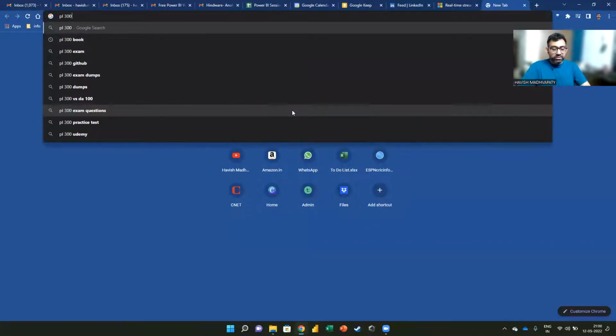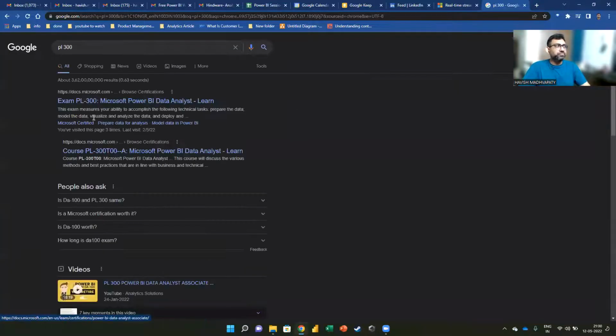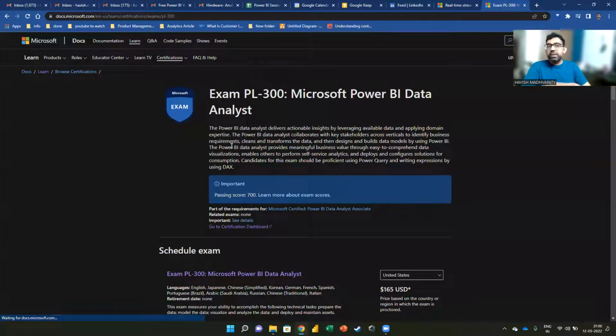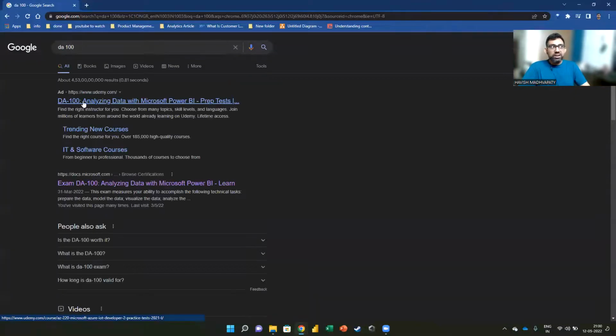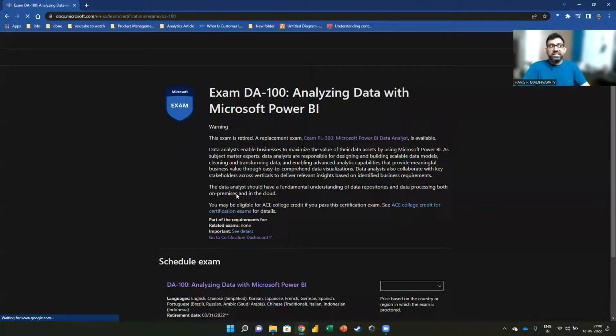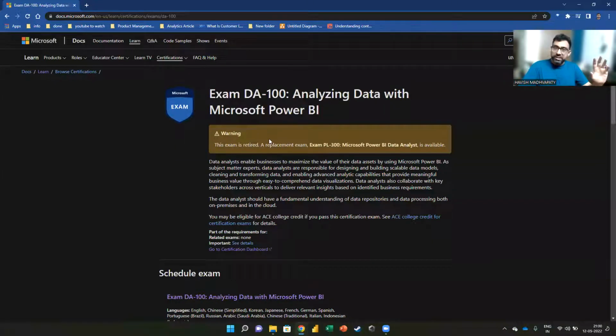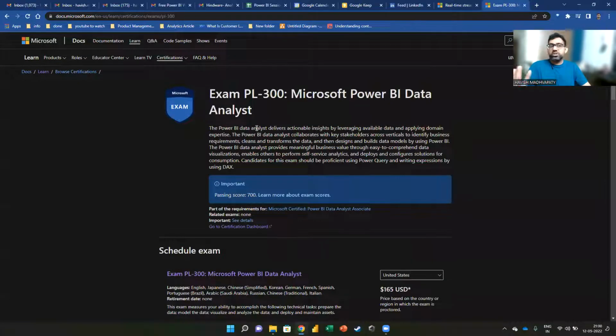So let me just show you the examination as well. It used to be called DA 100, Analyzing Data with Microsoft Power BI. Now it has been retired just a few months back. Now it has become PL 300. This is the only one certification that Microsoft offers. There aren't multiple levels in it, just one level.